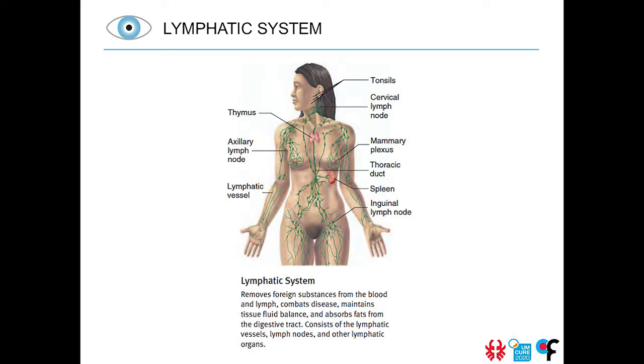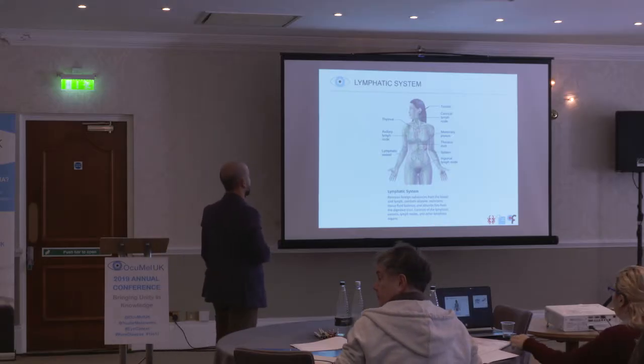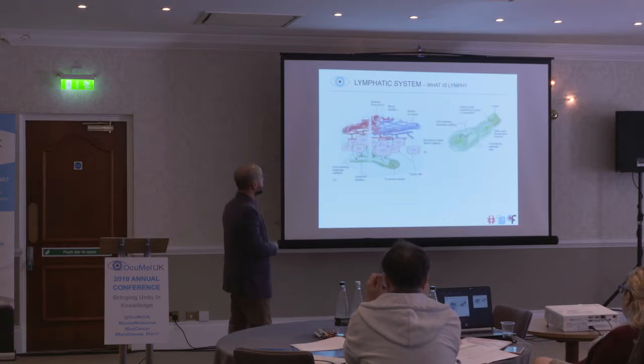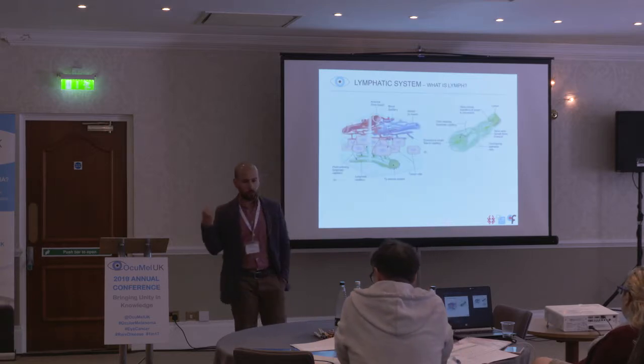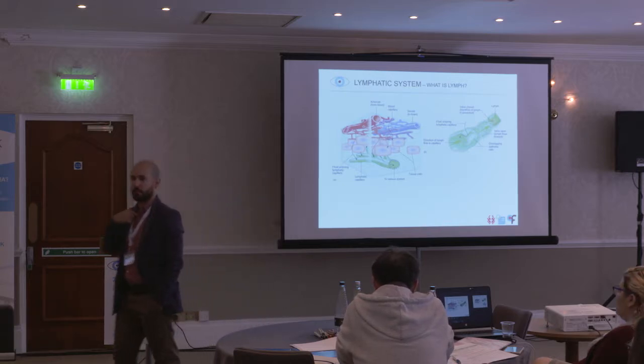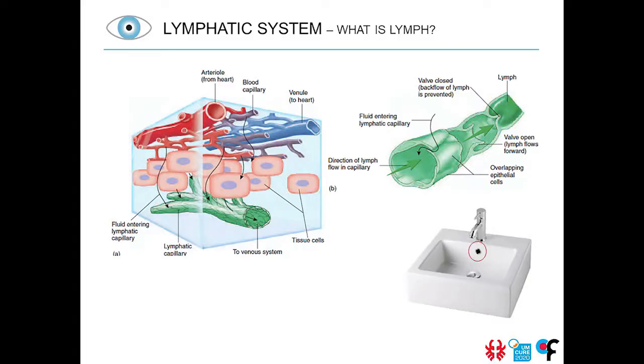So the lymphatic system is also like a road map, but it doesn't have highways, okay? So it runs slow. It also has a direction, from all the cells in the body to the heart, okay? And it goes to the heart, and I will show you in the next slide, to a connection with a big vein in the top of our thoracic portion of the body. So what is lymph? This is the first question, I might think.